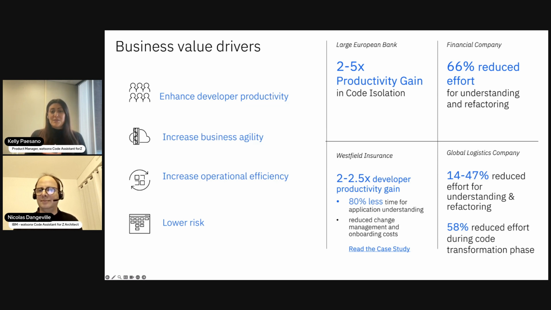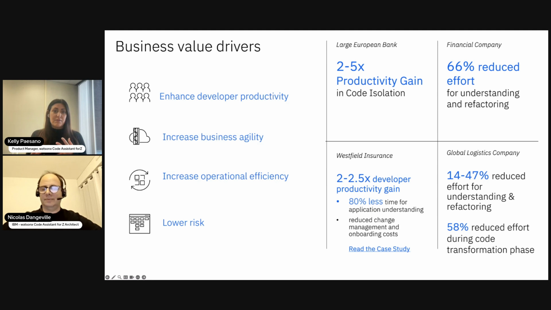It's kind of interesting because there's always that range of people using the tool. A lot of times when we talk about watsonx Code Assistant for Z, we'll mention the early tenure developer and upskilling quickly.